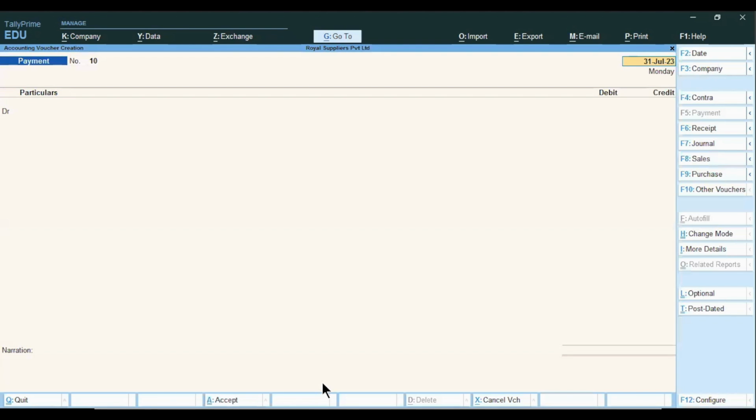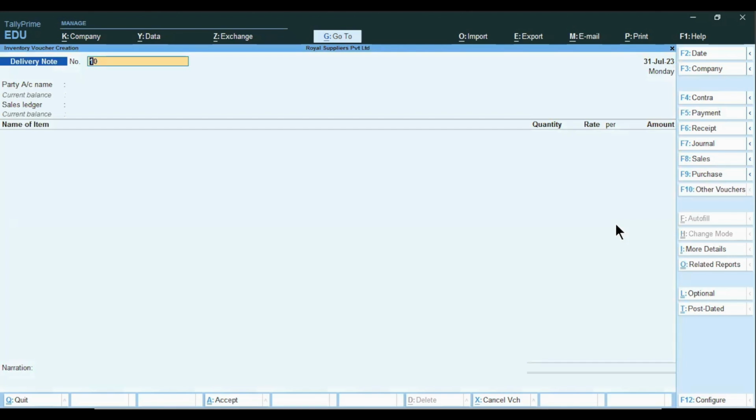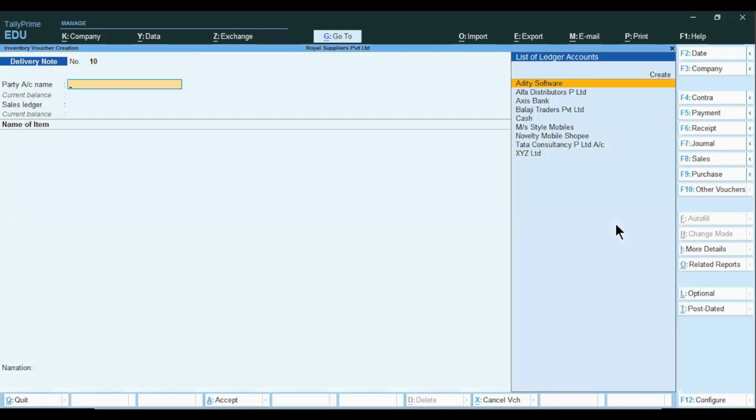Suppose in voucher I want to enter the goods. I will deliver the goods, and then I will get a rejection of the goods. So how do we deliver the goods? Go to F10. I want to deliver the goods, so I have to create a delivery note number. Suppose it is entered on 31st of July. Party name is,